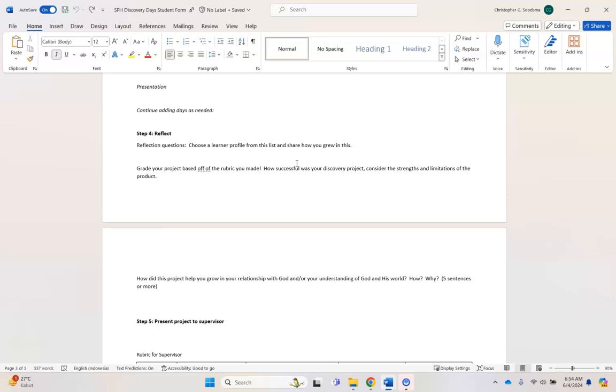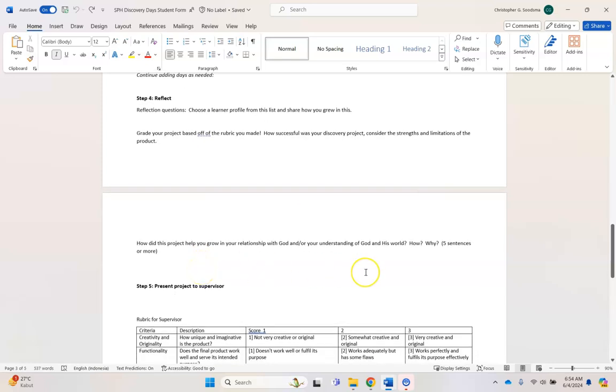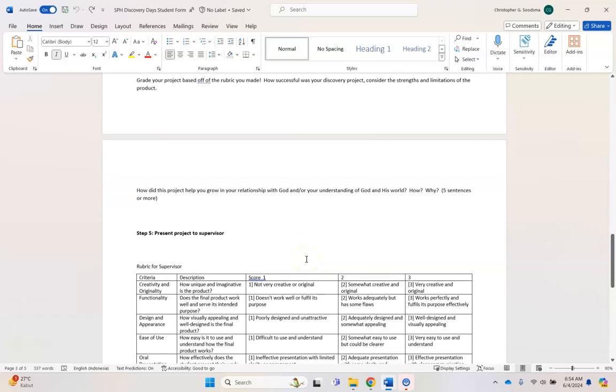What did you do? What were your strengths? What were your limitations with your final product? Not what you desired, but what it actually became. And so this, you're just showing us if you can analyze and evaluate yourself. You're not going to get less of a score if you say your project sucked or it wasn't very good. And then last, how did this project help you grow and understand who God is and your place in the world? That will be 5 sentences.